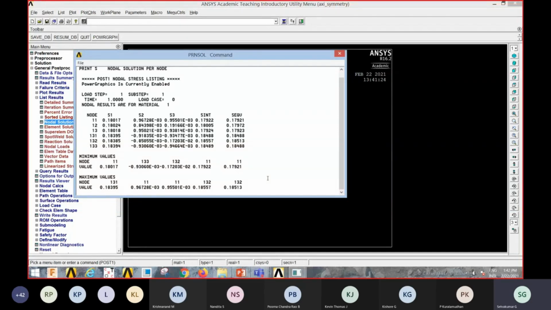Since it is a thin cylinder, these two values are very close. This node is inside, therefore this stress value is a little bit higher than that one. In case of a thick cylinder, this will be very huge, this will be very less. So finding the average between these two will give you the exact answer, 0.182 Newton per mm squared.